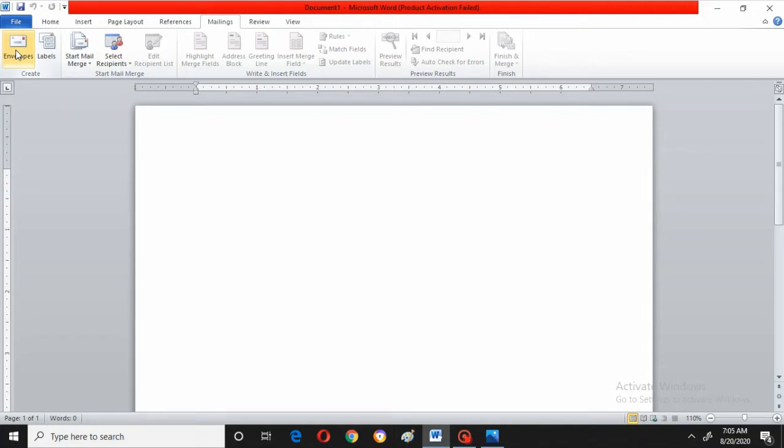For example, any fees they have to pay, they will send one message that so and so amount they have to pay, but the names of the students will be different. So if you take one class of, for example, 60 students, there are 60 letters with the same message but different addresses. That type of letters can be done with this.